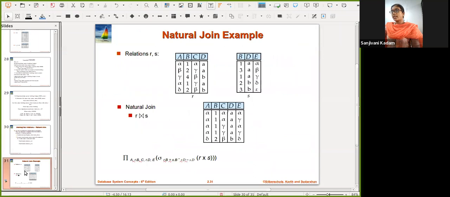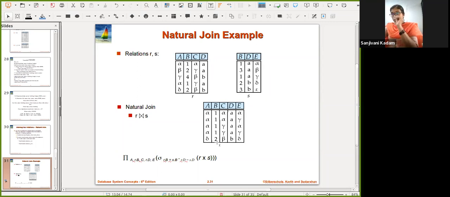So let us go for the example here. So this is a natural join example. Right now I'm having only the B attribute as common between these two. Natural join is given by this dumbbell shape sign, indicating R natural join S. So if I'm having the attributes of R as A, B, C, D and attributes of S as B, D, E, then in order to perform the natural join, right now we are having B and D as common attributes between both.